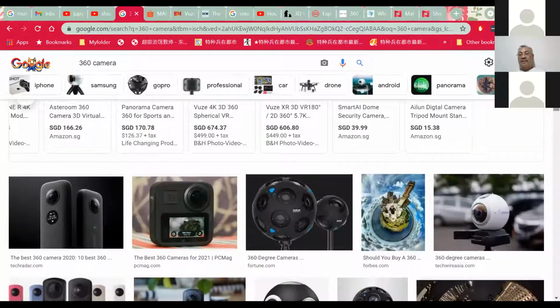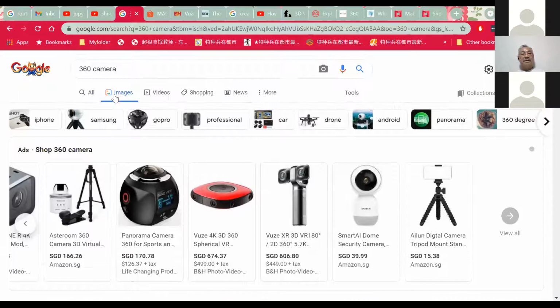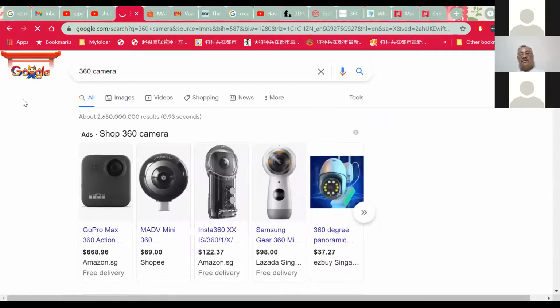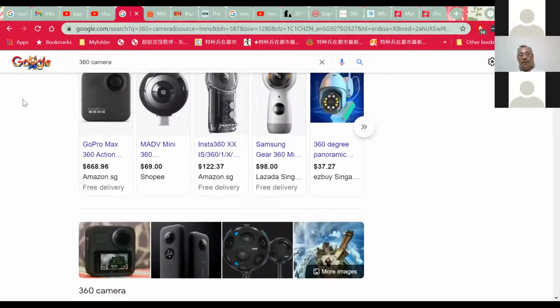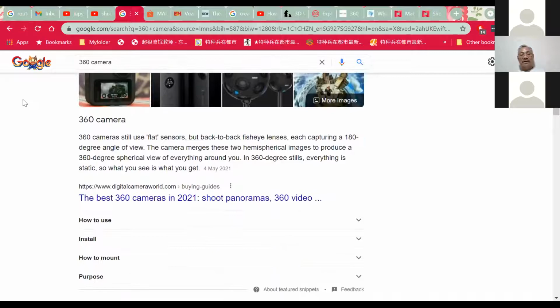The camera itself is able to take a photo, and then